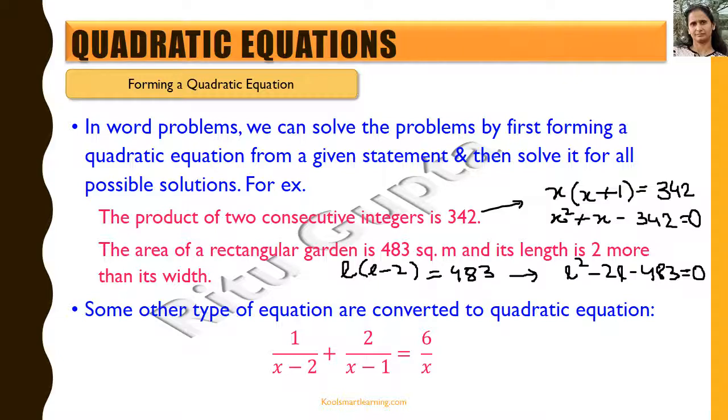Say for example, we have an equation of this type. 1 by x minus 2 plus 2 by x minus 1 is equal to 6 by x. Now looking at this, it is not looking like a quadratic equation at all. But now if we take the denominator to be this,